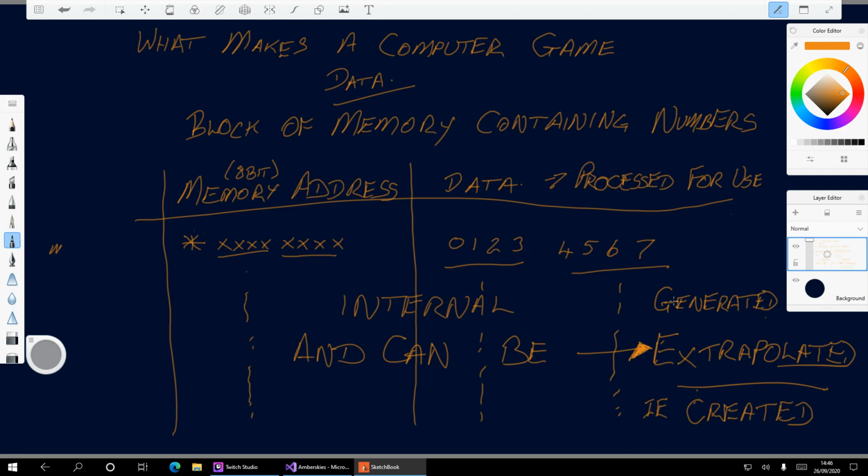So I think I've now answered what makes a computer game. It's numbers.